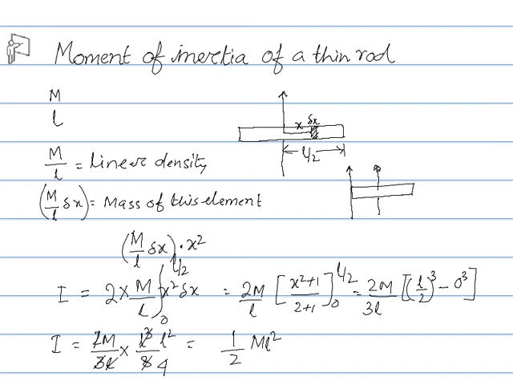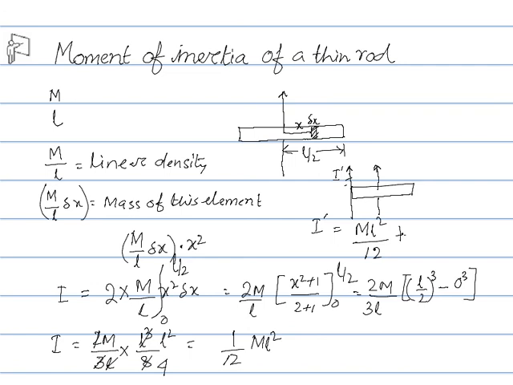We know the moment of inertia about this axis, so if we want to find the moment of inertia about this axis, let it be I dash. Then applying the theorem of parallel axis, I dash is equal to the moment of inertia about this axis, which is m L square by 12,